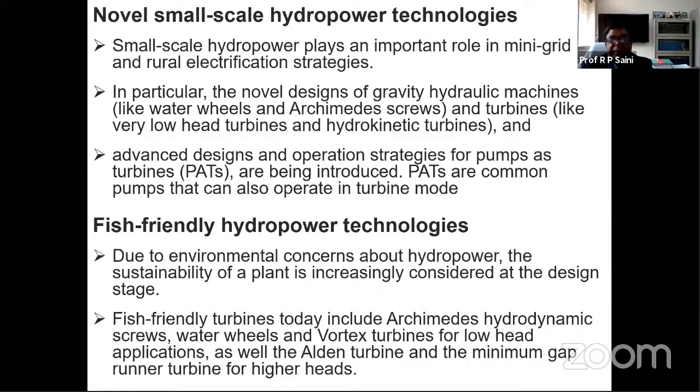But in a flowing canal there's practically no head. I can say zero head. Of course zero head will not be there, but we can say zero head. Zero head means the water has only current, meaning the flow velocity. So there is a lot of potential. There are a lot of sites in India where this type of potential is available in the flowing stream.